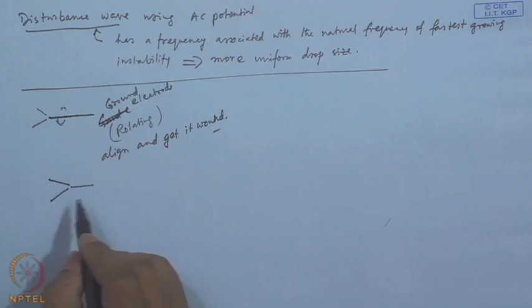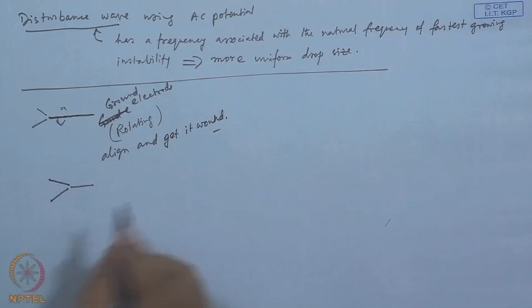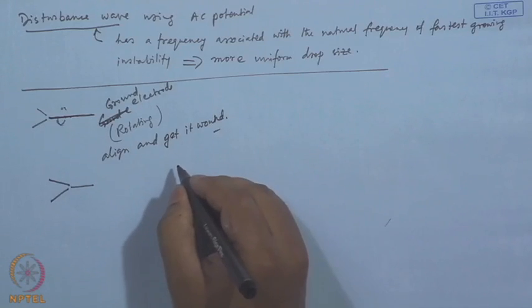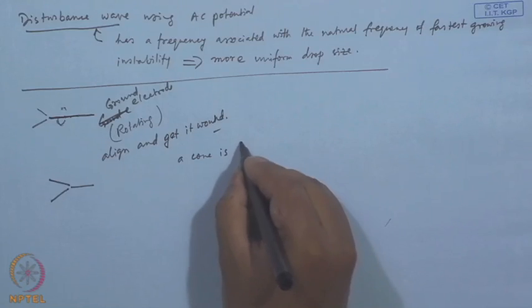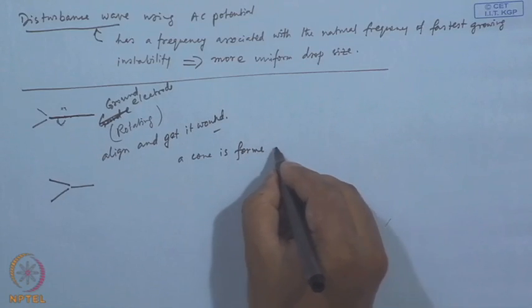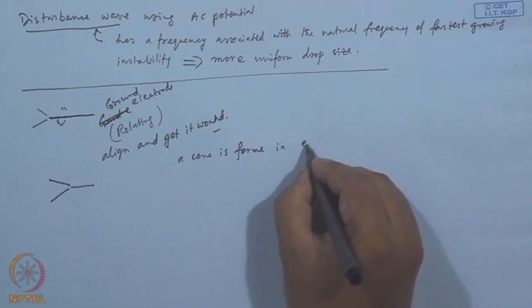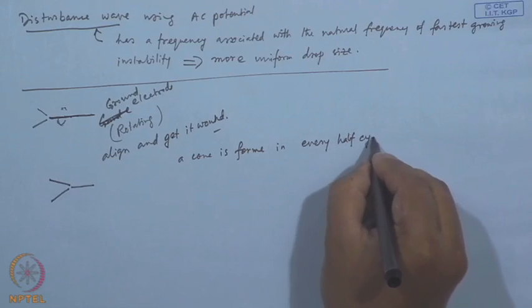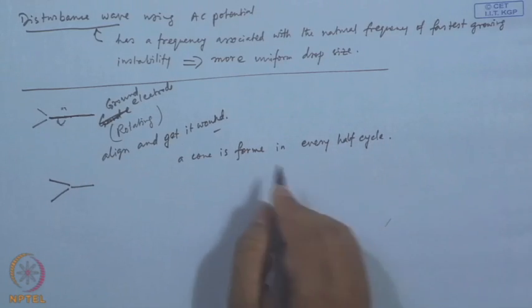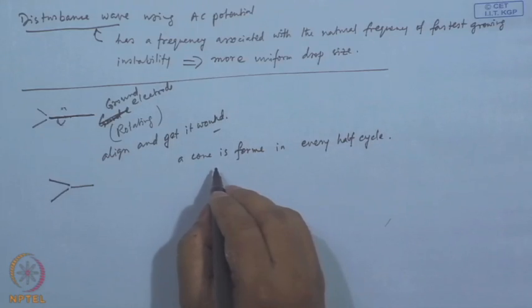So, if I try to write this down, a cone is formed in every half cycle, I mean AC cycle, and then fibers are ejected,